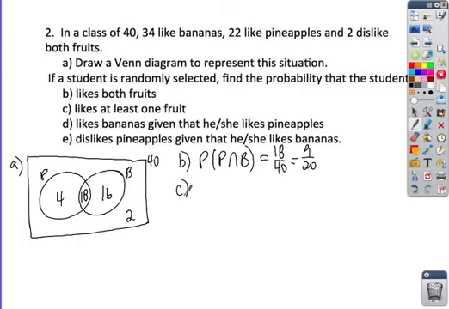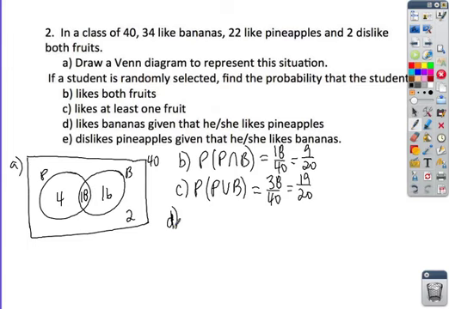C, likes at least one fruit. At least one fruit is either pineapples or bananas or both. So again, using our notation, it will be this. And from the drawing, again, we know that everything within the 2 circles has to add up to 38. So that's 38 out of 40, and that reduces to 19 over 20. In part D,